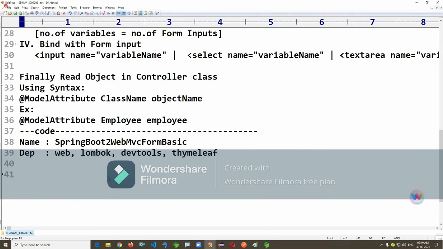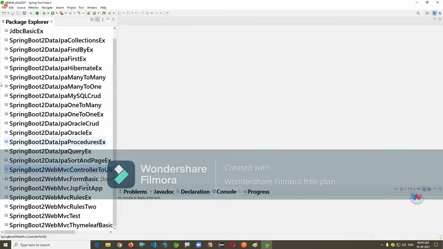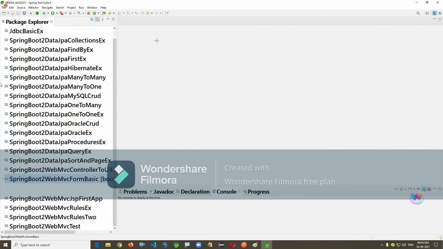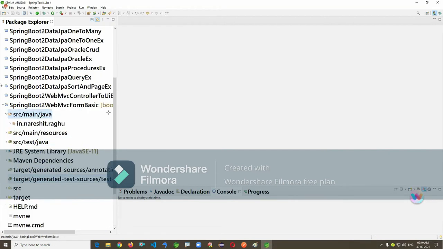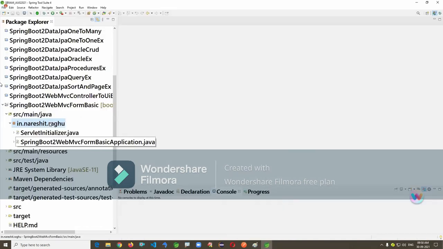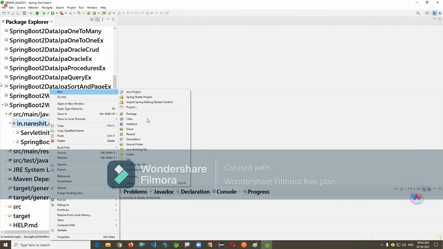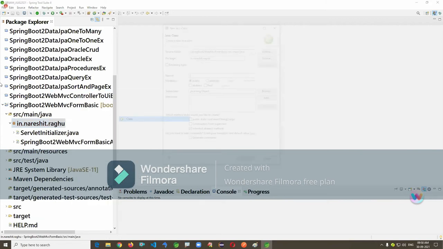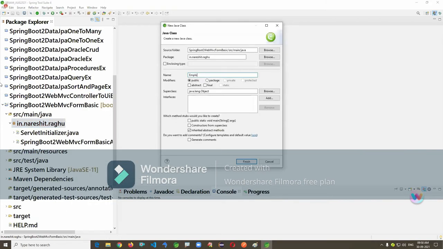Okay. Now I have created one application. In this application I'll show only the basic steps here. In the next level of application, we are going to work with different types of inputs, like radio button, checkbox, drop down, and multi-select drop down. This is a basic one. First, I am writing the HTML code, then a class, employee controller.